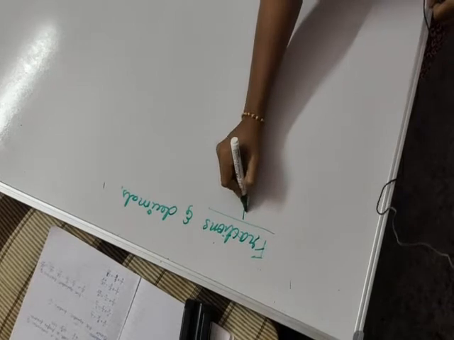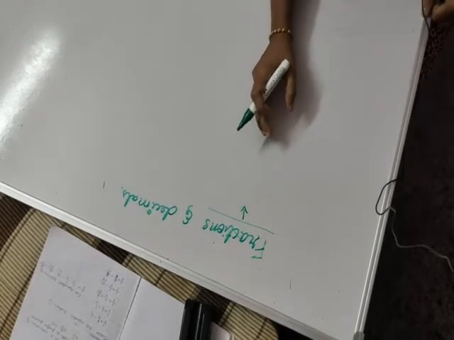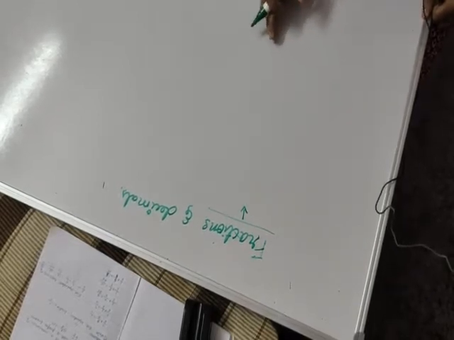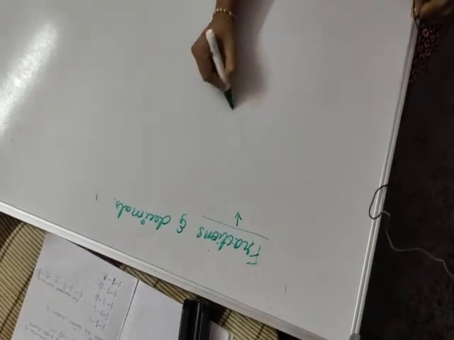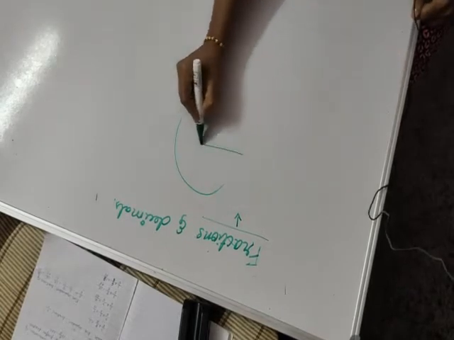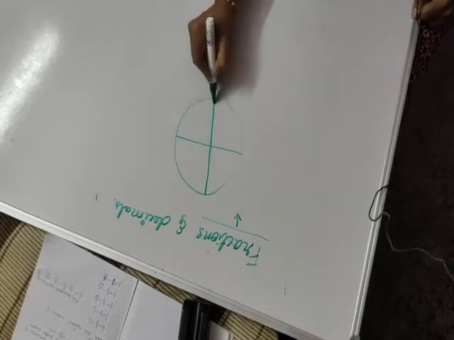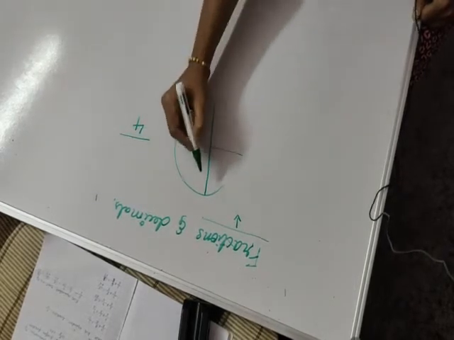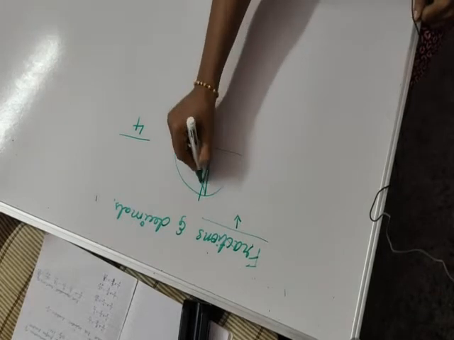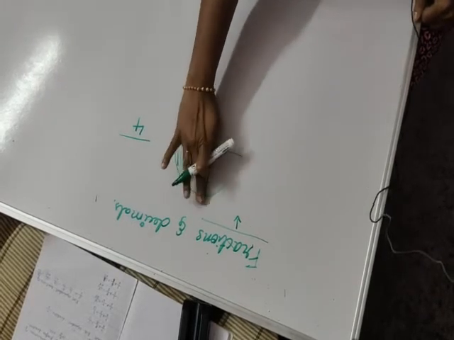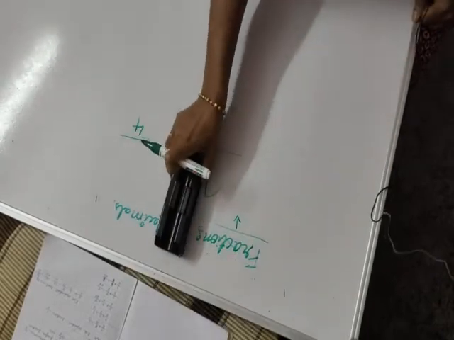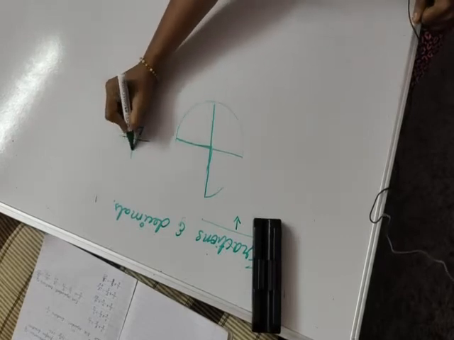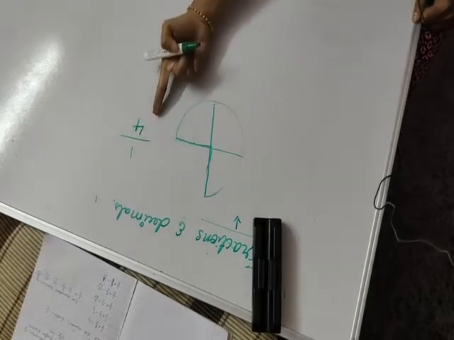So what is meant by fraction? Fraction represents a part of a whole. Means it is a whole. I will divide this whole into 4. Now how many parts have I divided in total? That is 4. From this, one piece I will take. Okay, I have taken this one piece. So out of 4, how many pieces have I taken? 1. So this is a fraction.